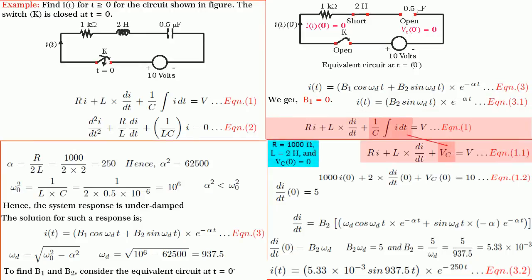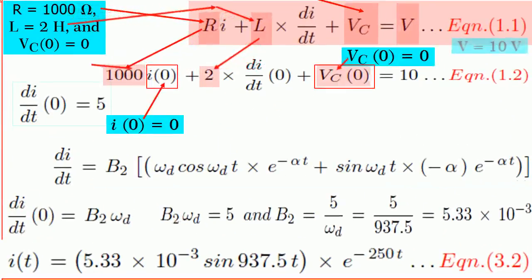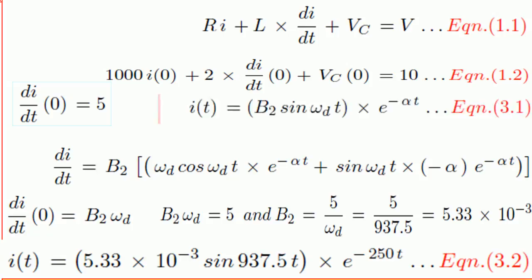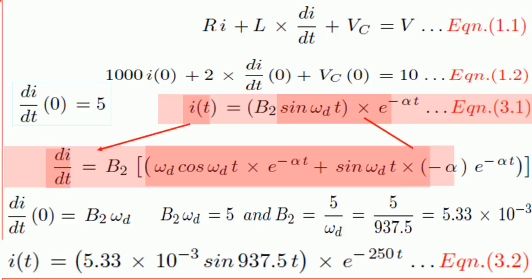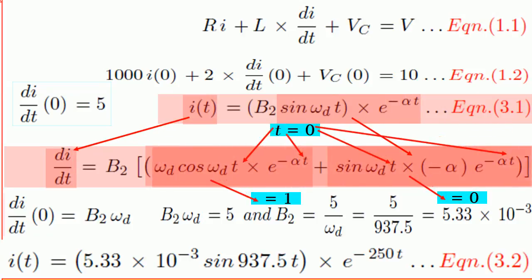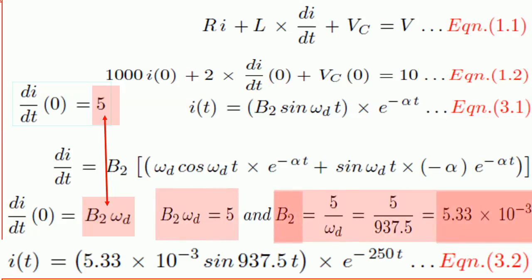Consider the system equation 1. By substituting the values of R, L, Vc(0) and V, we get di/dt(0) equal to 5. But by considering equation 3.1 for i(t), differentiating it and substituting t equal to 0, we get di/dt(0) equal to b2 omega d. By equating the two results, we get b2 equal to 5 divided by omega d,